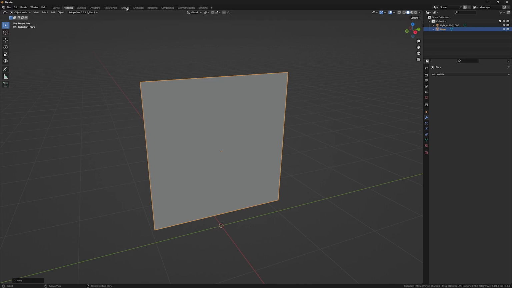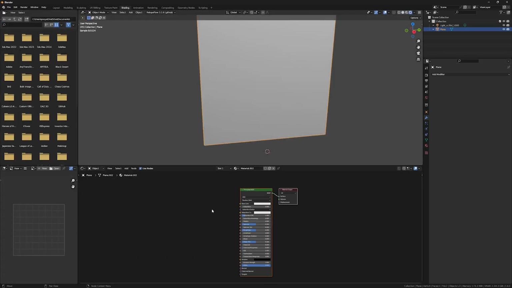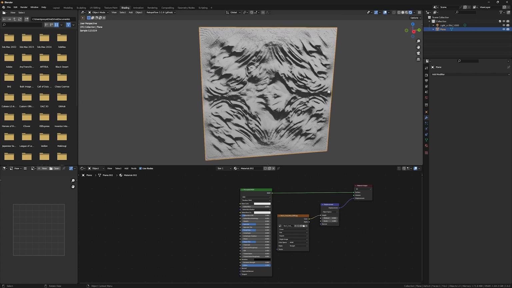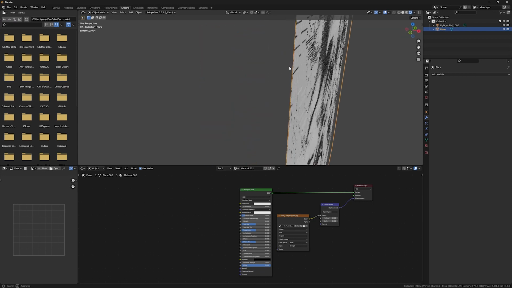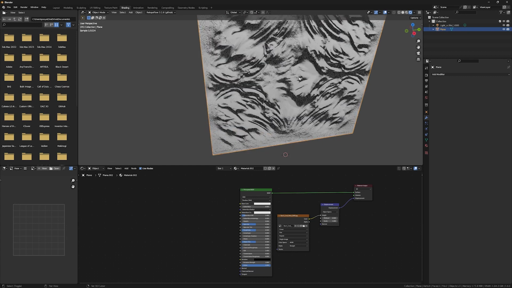First of all, go to the shading, create a new material, add my displacement map, place it here and here. To connect this map to the displacement node of the material output, I need an additional node. Press Shift A, search displacement. Add it from the color of my map to the height and from displacement to the displacement. As you can see, I have a visual showing me how this displacement looks. But it's just the illusion. I have no ups and downs, no hills and no valleys.